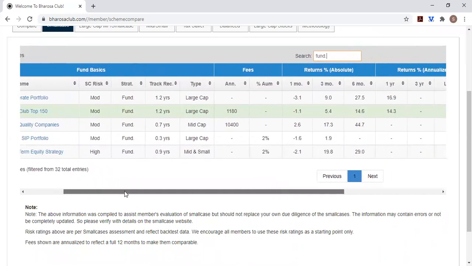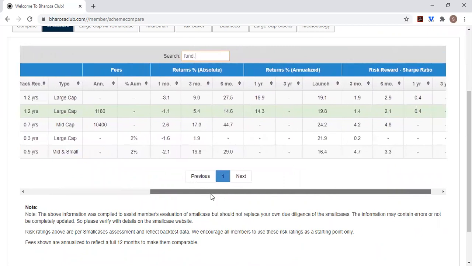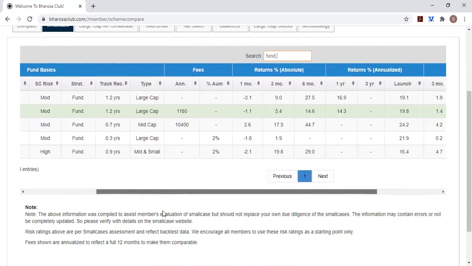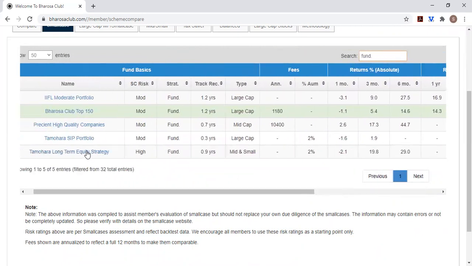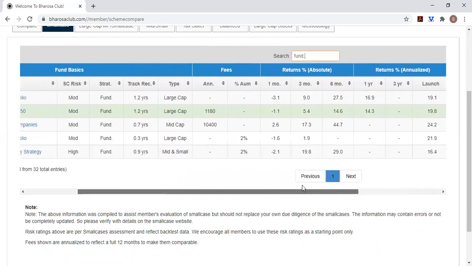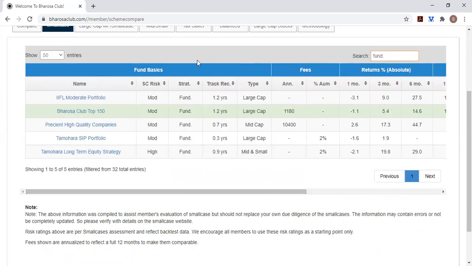So you can compare and see the analytics and make a decision and say, okay, IIFL also looks like a good fund. They're not charging a fee. Their performance seems similar or slightly better than Bharosa Top 150. Let me see if I like that better. So you can then click on each of the funds, read up on them, see how you want to go forward on your smallcase investment.